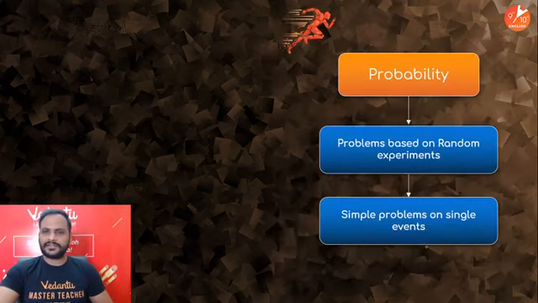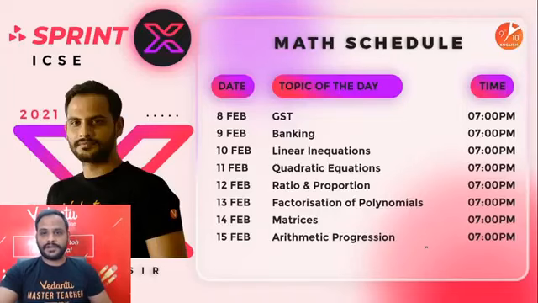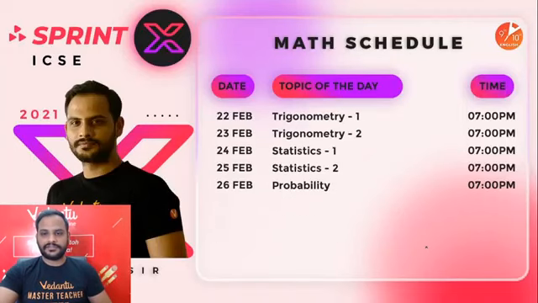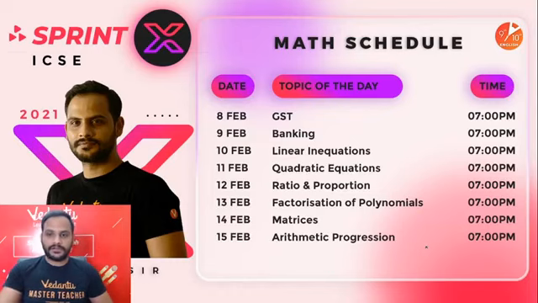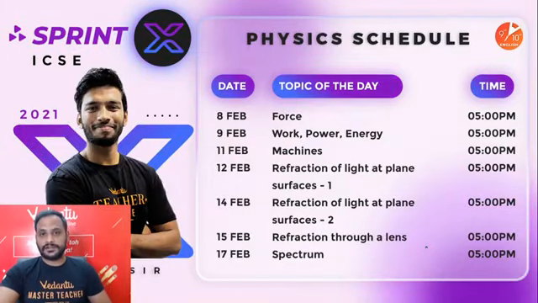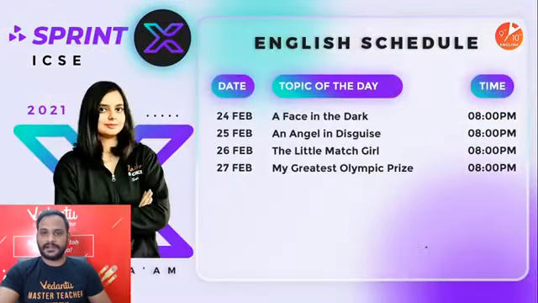These are very easy questions, and you get 5-mark questions based on this. A very good thing right now. Now let's start the part. This is the last session today, probability. You can see the schedule, and for any topic you want to revise, you can see the previous classes of the ICSE 10th sprint series for physics, chemistry, biology, SST and English.